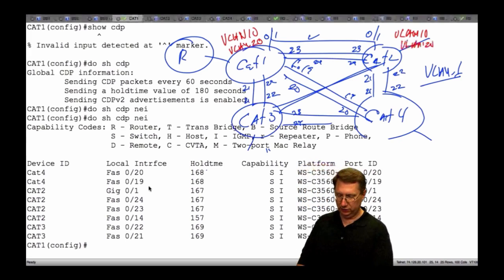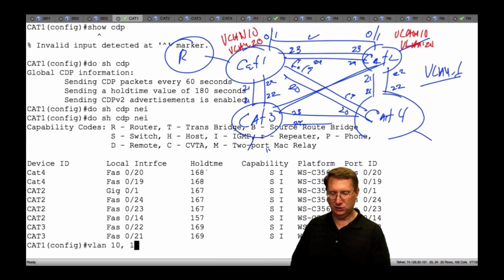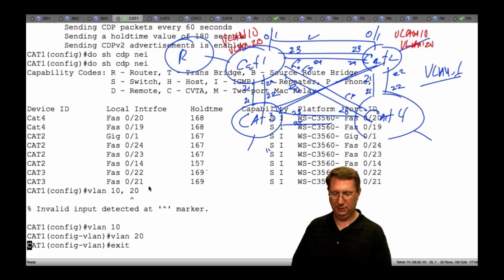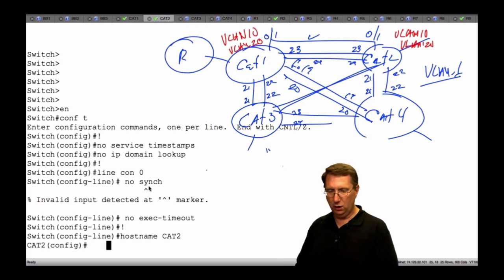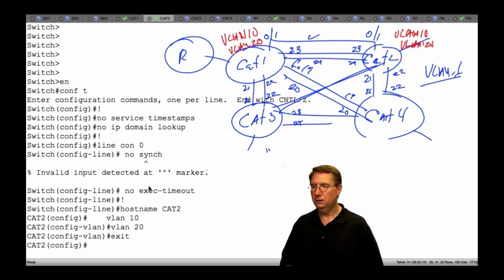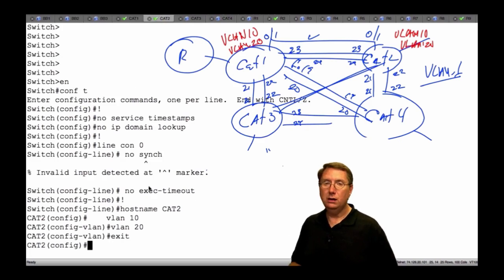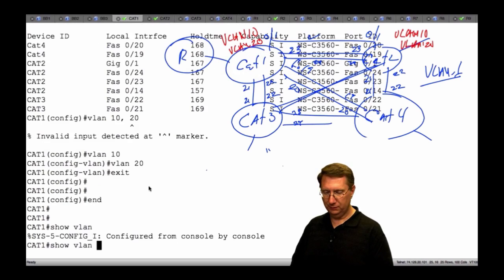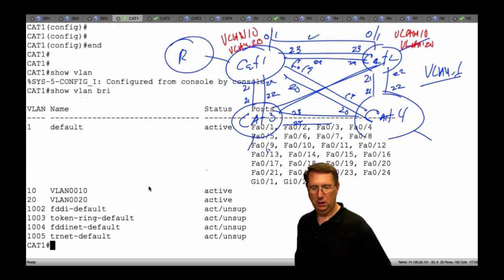So on Cat 1 and Cat 2, I want to create VLAN 10 and 20. VLAN 10, VLAN 20, exit. All right? So I cut over to Cat 2, VLAN 10, VLAN 20, exit. Now, the exact outcome here is, will I have a trunk? So if I go over to Cat, I keep trying to use term server. If I type show VLAN brief, and I go through this, the question is,